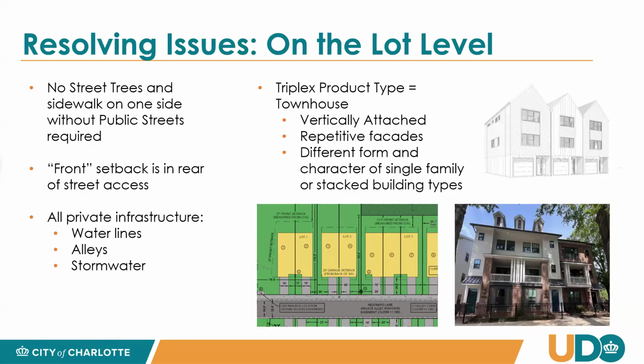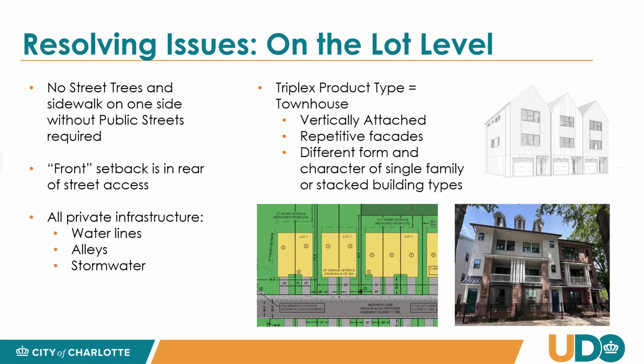So we've also been working on, as part of this compact, and we haven't talked about this much before, the difference between a subdivision level and the lot level. So within compact and conservation, we're also balancing how we focus on some lot level issues. So where you're getting sidewalks, street trees, how the front is accessed. So where's the front door? Is it facing open space on the back? Is it facing the actual street? How is the lot being served with service? So we have talked a good deal about infrastructure and how the water lines, alley, stormwater is.